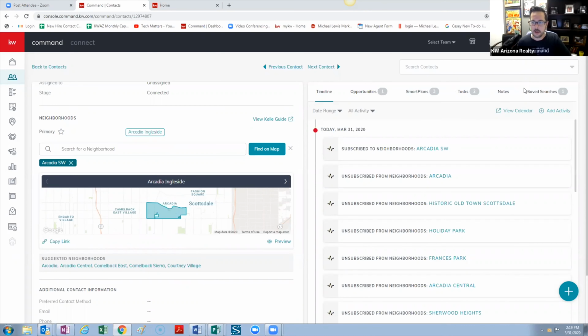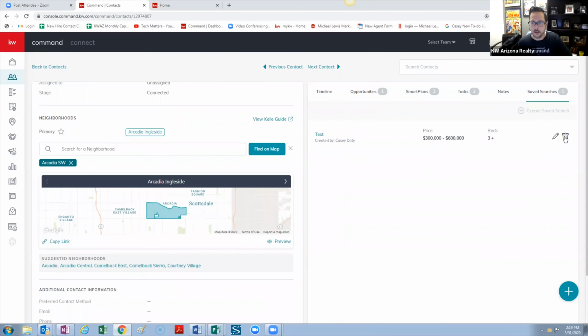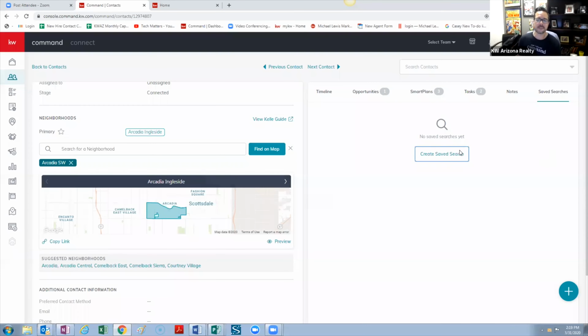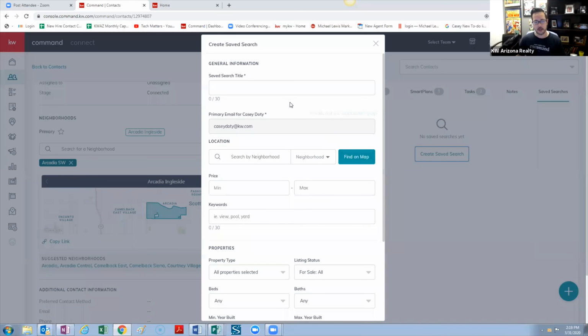Now, another thing you can do is create a neighborhood search for them. So I'm going to delete this one. This works similar to an MLS portal where you set up the parameters. So say, for instance, that the people looked at your ad, and then we're going to call this